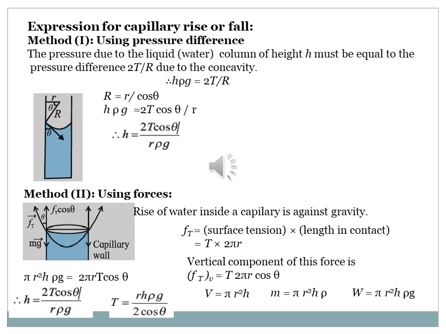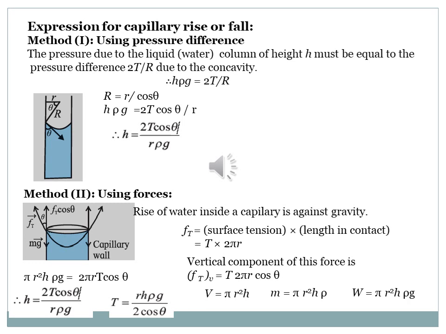So this is the vertical component of force, which is Ft cos theta, that must be balanced by the downward component, which is mg. First let us see what Ft is. We are going to calculate Ft first. According to the definition, surface tension is nothing but F upon length, F upon L. So what will Ft be then? Ft will be surface tension into length in contact. As it is in a spherical sense, it should be 2 pi r. So Ft is nothing but T into 2 pi r.